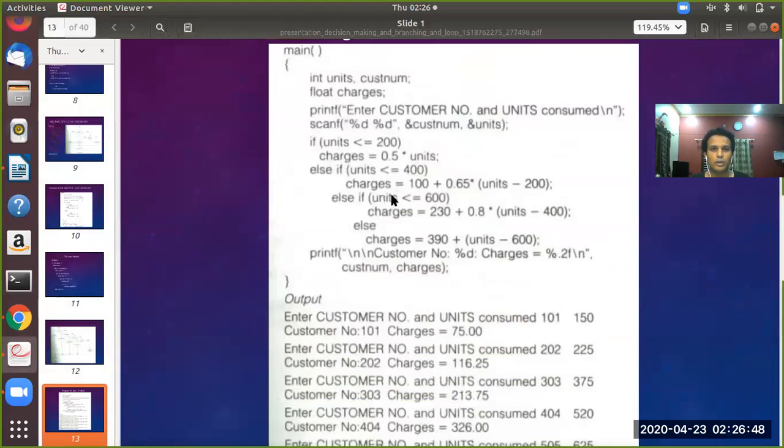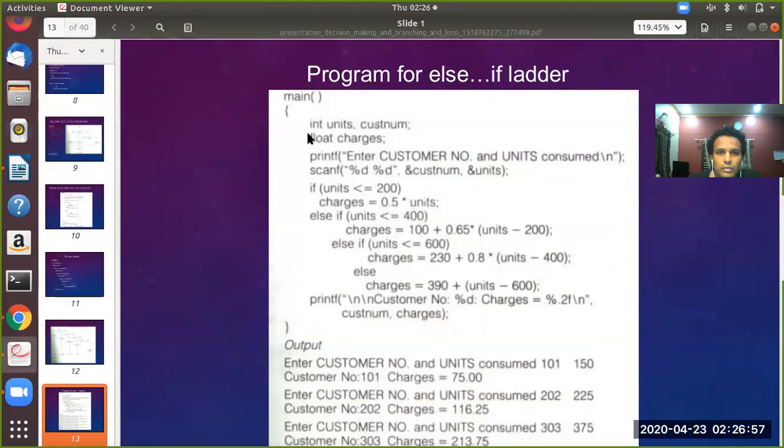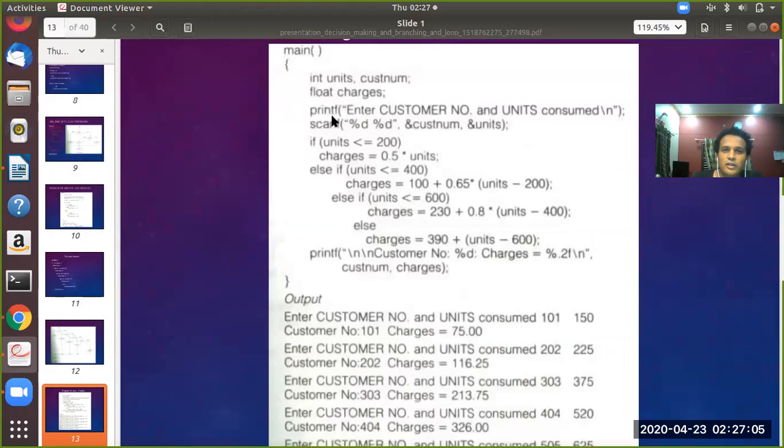There is a sample program given here in the slide. You can also understand it by going through this. Look here. The program has variables units and custnum, and there is another variable of type float called charges. The next line in the program is to enter the customer number and units consumed.